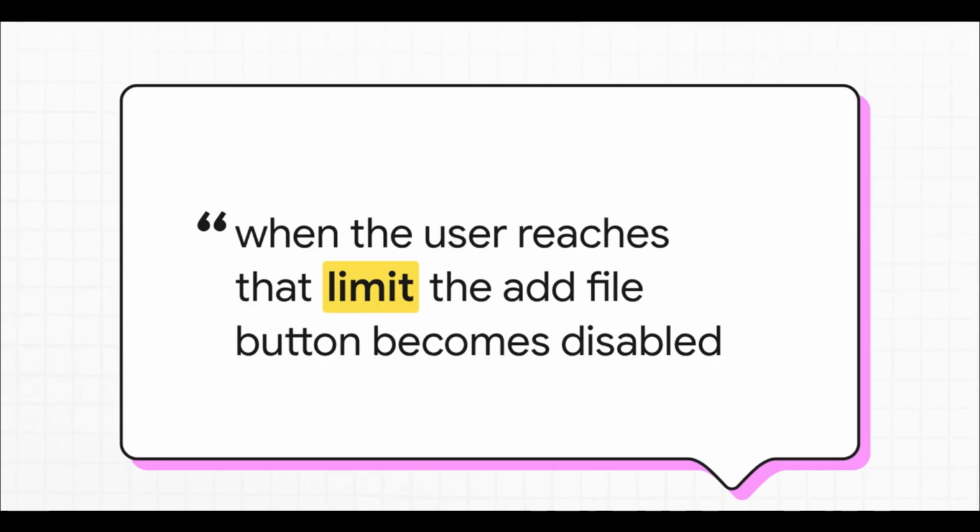Now, having a functional app is awesome, right? But a true SaaS product needs boundaries if you ever want to drive revenue. So to turn this into a real business, we are going to enforce a strict 5-file upload limit for our free users. And how do we do that? With this exact prompt. We just tell the AI to enforce that limit. It writes the business logic that actively checks the database, and if a user hits that 5-file cap, the Add File button immediately disables itself, and a message pops up telling them it's time to upgrade. Just like that, your application is perfectly prepped and ready for a payment gateway like Stripe.